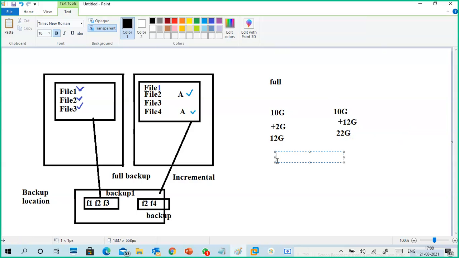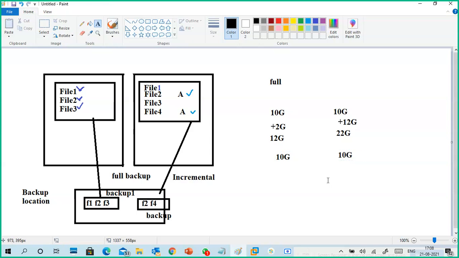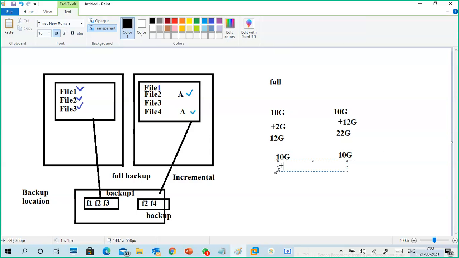So what I do is only incremental backup. I have 10 GB. The first time I'm taking only a full backup. The next time, when some new data is added, I will take only the changed, modified or newly created data. If you modify a file, or maybe you created new data, then obviously we'll take that data only. So then we can balance both the main location of the data and the backup location. We don't need to occupy unnecessary data in the backup. So that is called a